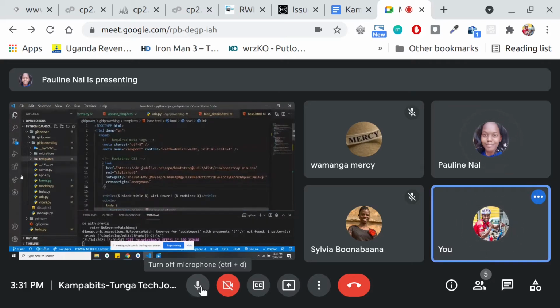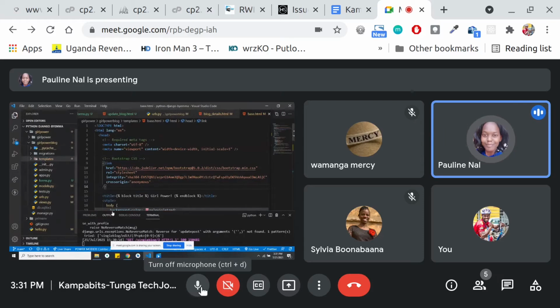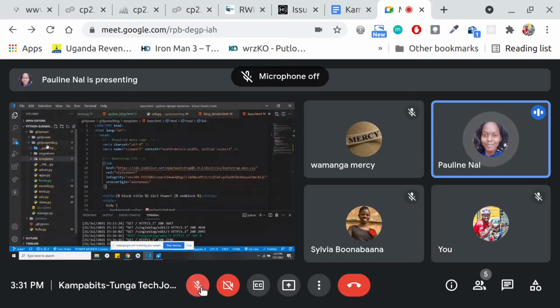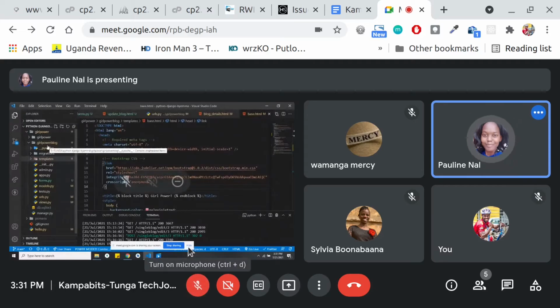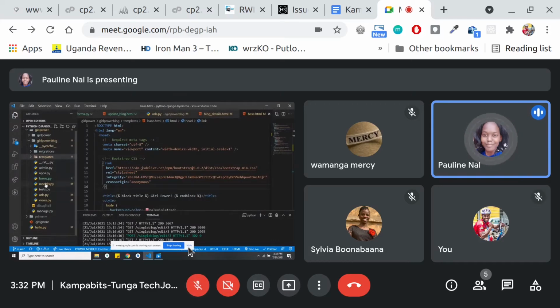Okay. All right, fine. So at the beginning, I started with the steps. First, I created a virtual environment that I called Prime Env, then activated it. I think somewhere here you'll notice it's active. Then after activating it, I created the project with the name Girl Power, and then also created another app called Girl Power Blog within it, where we'll be having our different models, URLs, and then the views. So inside the Girl Power Blog, first of all, inside the Girl Power itself, the application, like you had said,